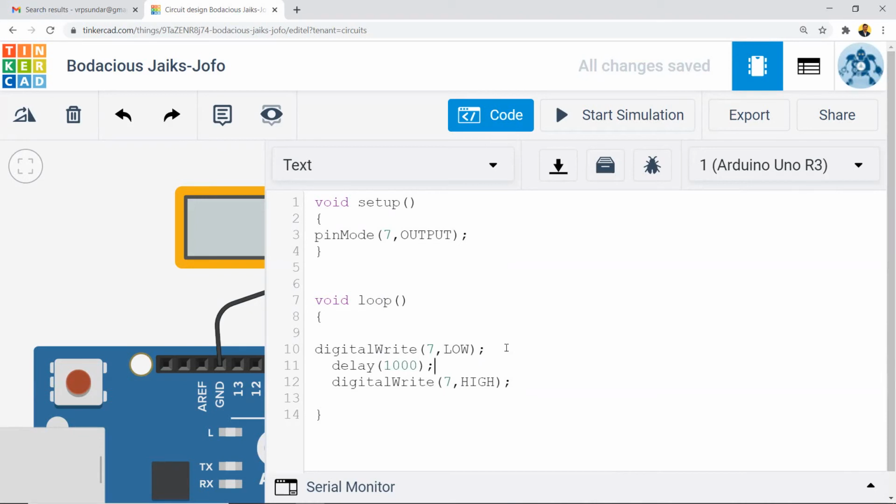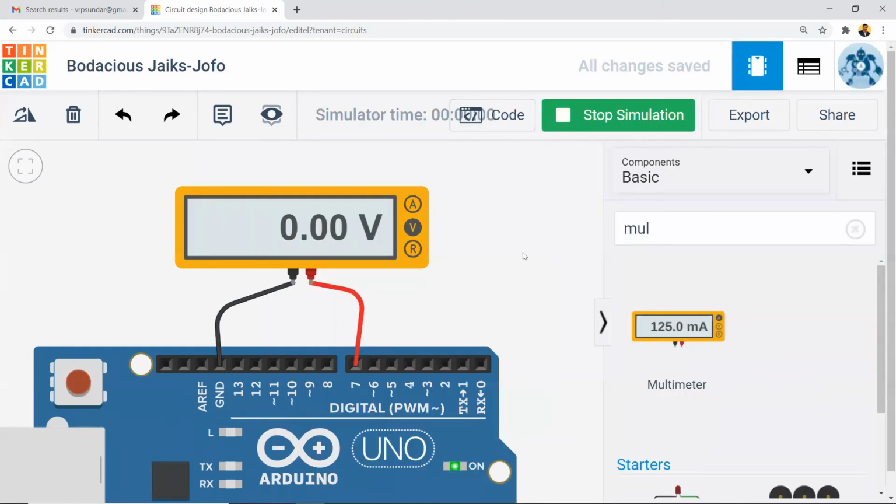A delay function would offer a specific delay period where the microcontroller or Arduino does nothing. So in this case, I am giving 1000 here refers to 1000 milliseconds, which is 1 second. So for 1 second it is low and for 1 second it is high. I am doing that continuously. So in this case, let us see what happens. Now if we see the output supplied by the Arduino essentially toggles the output between 5 volt and 0 volt with a 1 second delay.